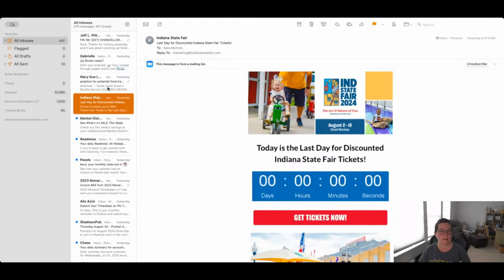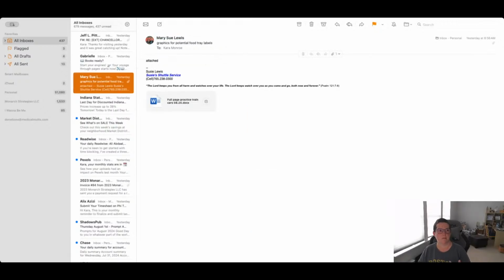So we'll bring Mail back up for just a second. Apologies for closing that, not thinking about that. And this is from my sister. We're making something for my nephew's birthday party this weekend. And there is an option under File to save attachments. You'll notice there's no keyboard shortcut out here for this. But in Keyboard Maestro, you actually can do this with a keyboard command or with a menu palette.